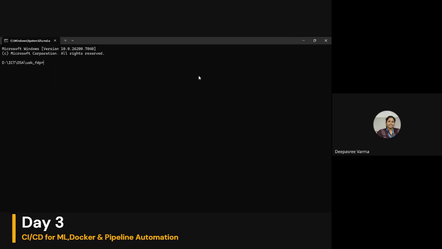Okay, so I have copied all the instructions needed in the file I shared yesterday. Maybe I'll copy the link once more for that file, the MLOps demo file. So I'll just share it once more. You can just open that file. I'm sharing it in chat.